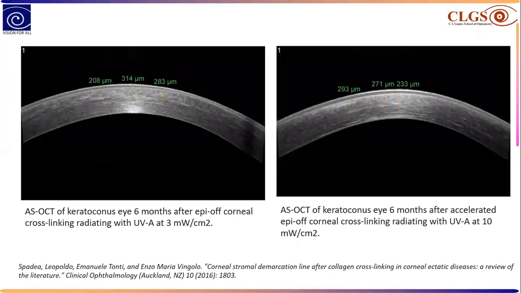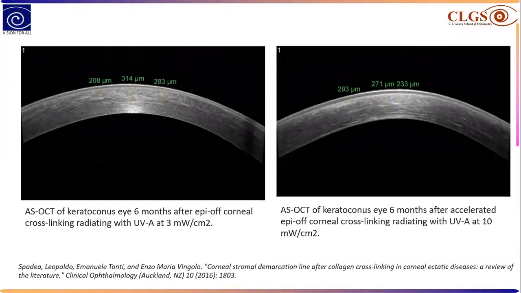Refractive stability, you can't say, but studies have shown that after C3R the cornea becomes slightly flatter, and you will see a decrease in the steep K, the maximum K value. But refractive stability is hard to say, because the changes of C3R go on over 2-3 years, so it keeps on changing.